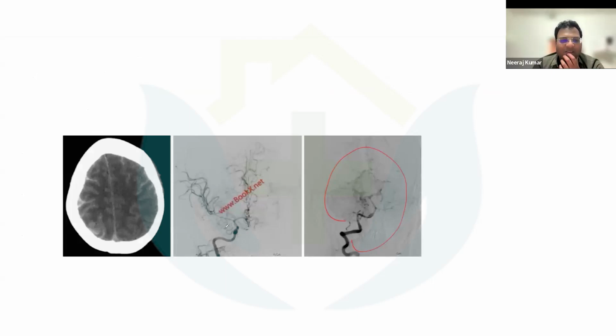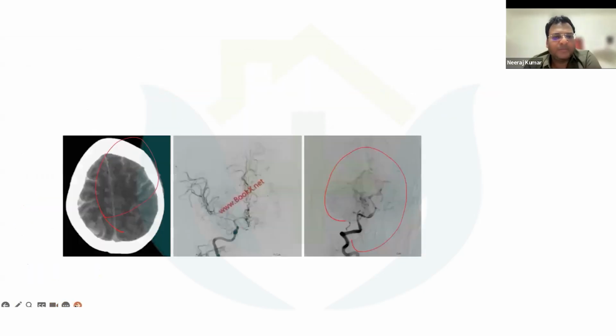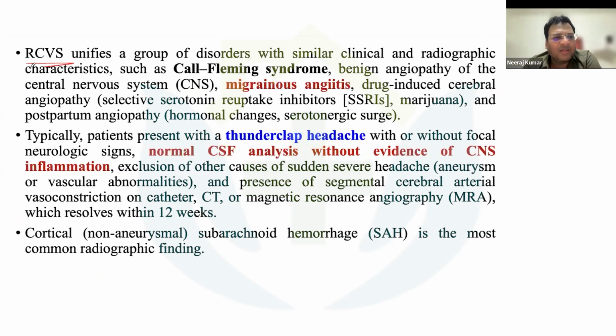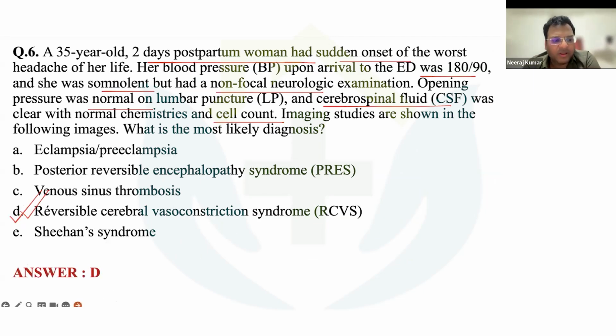This is the angiography picture, and this is the CT scan. So here the option is D. Now I will tell you why the option is D. Why the option is RCVS, not PRES. Now see, RCVS, that is reversible cerebral vasoconstriction syndrome,